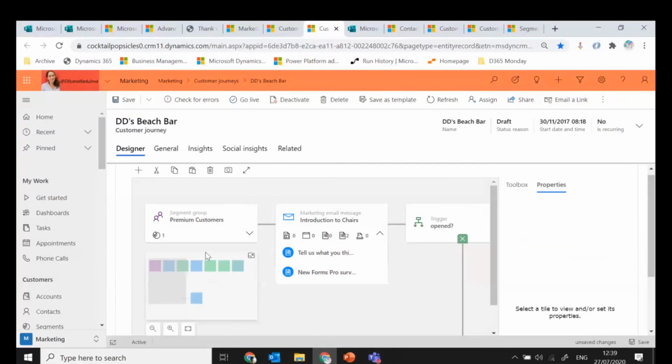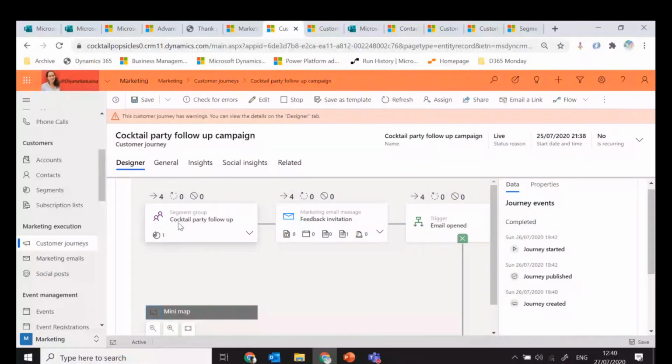is to send it. You need to have a customer journey, because that's where the magic will happen. Customer journey is where, and probably it will make more sense here. So I have a customer journey. That whole thing is a customer journey. And this tile here, the marketing email box, is where the magic happens, because as you can see, so